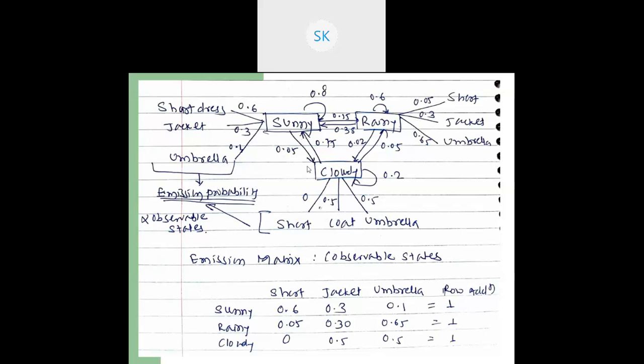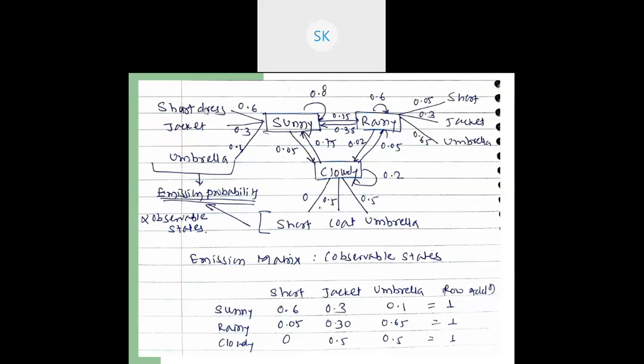Now, observations. Look at the diagram only right now. These are the states and transition probabilities that we have seen in the previous slide. Now let's talk about the emissions. Emissions are what? These are the observations. So this particular state, sunny, emits the signals. These are what the emission probability is. And it leads to an observation: if the weather is sunny, then the observation is shorts.